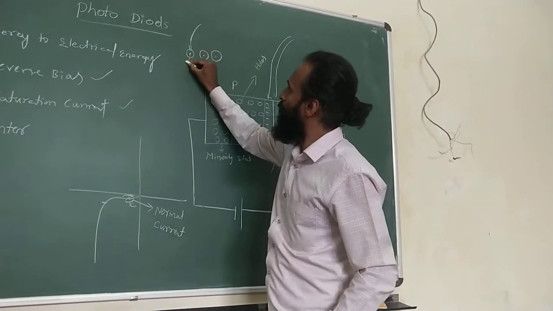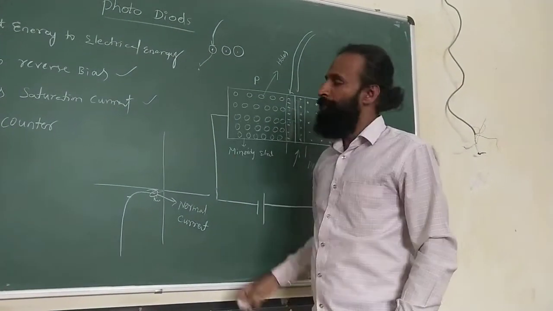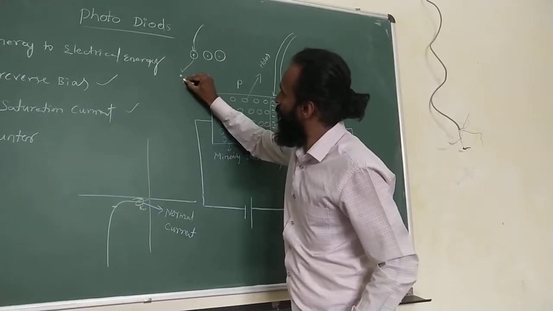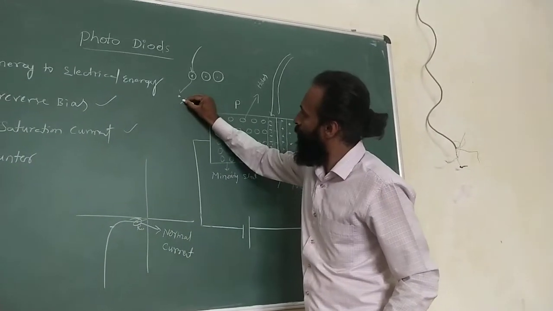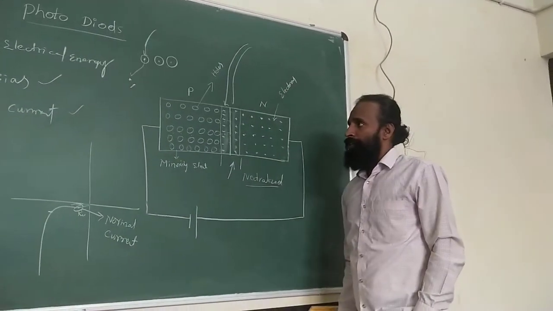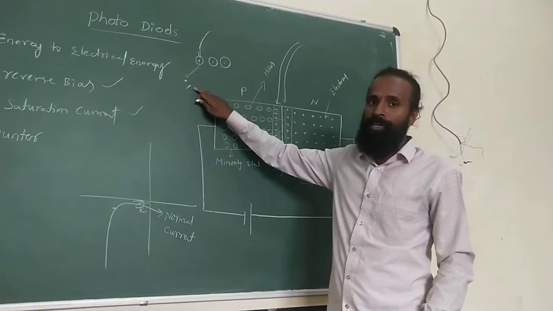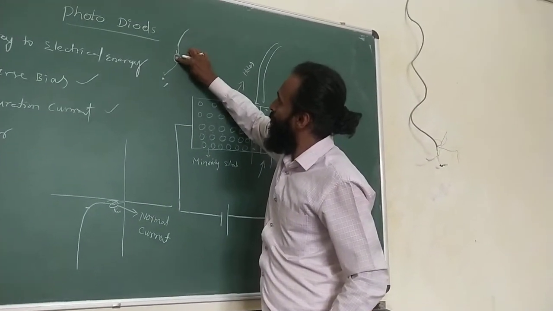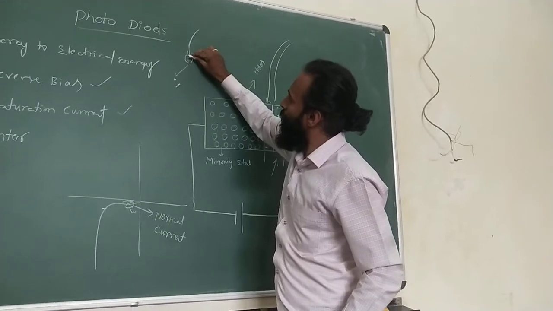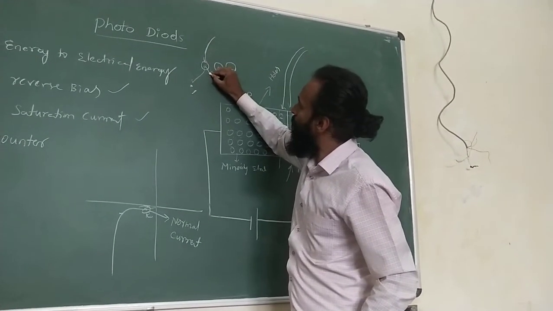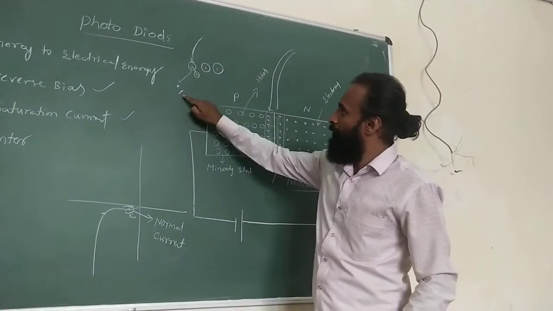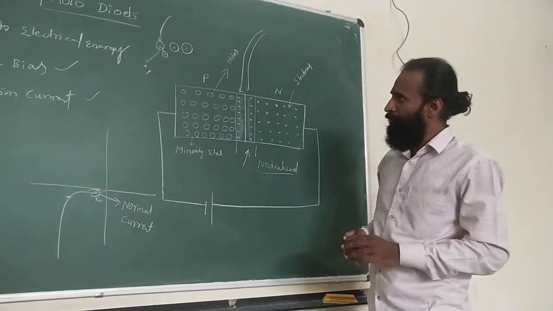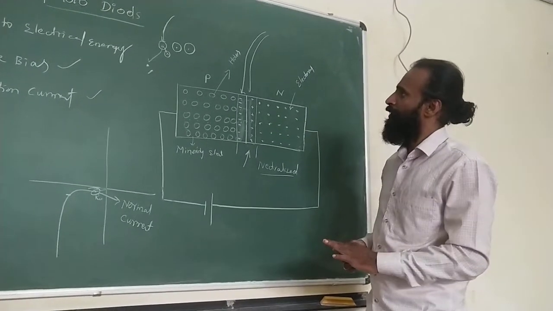So the electron will become free out of the atom. The electron will be excited. The electron released out of this atom becomes the charge carrier, a negative charge. Due to the vacancy of this electron in the atom, a hole is created, which becomes a positive charge. The electron charge and the positive charge are separated, so that becomes the carrier of the current.